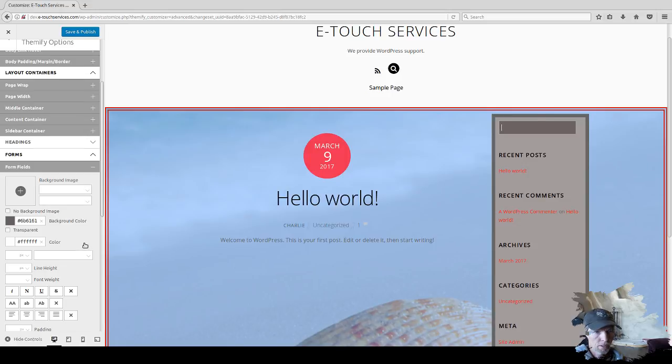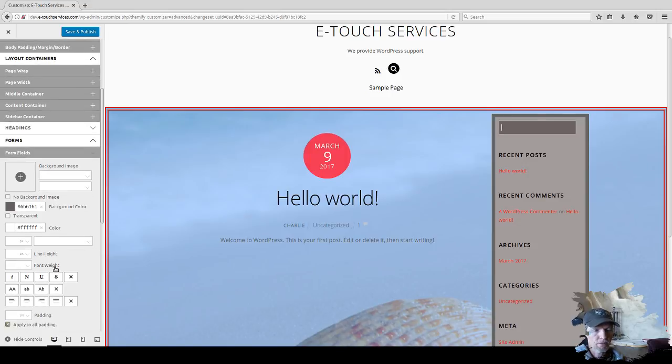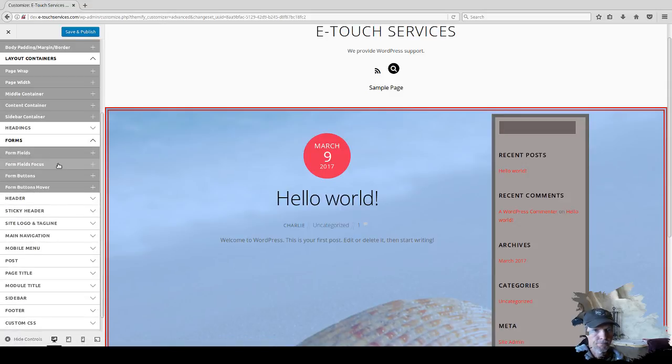And here's where you can put the line height, font weight. So if you wanted to do italics, I would do italics on the, yeah. You could do bold. You just do your font weight here. This is where you could do bold, normal, 100, 300, whatever you wanted to do. So now you go in here as bold, italic. That's that. Form button. Okay, so where was I? So I did form fields. Now form